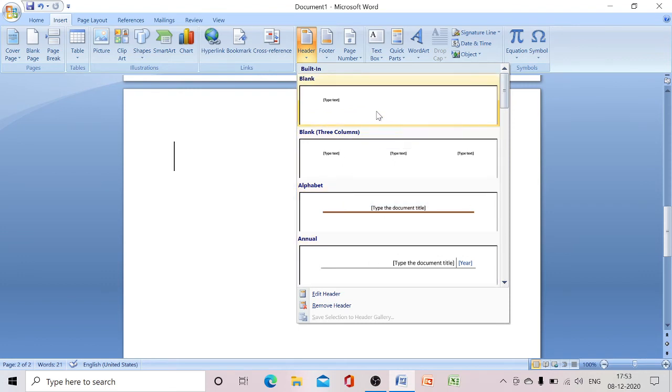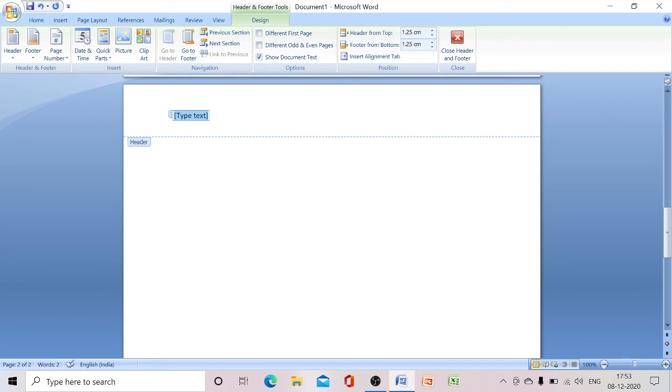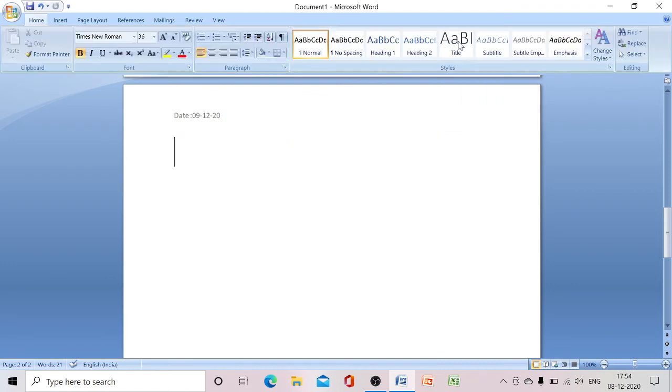Let us click on this blank. This is the blank header. So here we can type the date, 09/12/20. In this header we can insert date or logo or document title, whatever we need, that we can type in this header. After typing we can choose this close header, so it will be inserted.